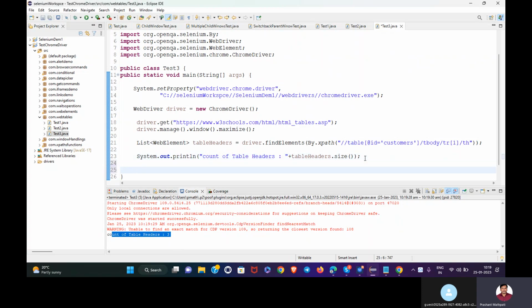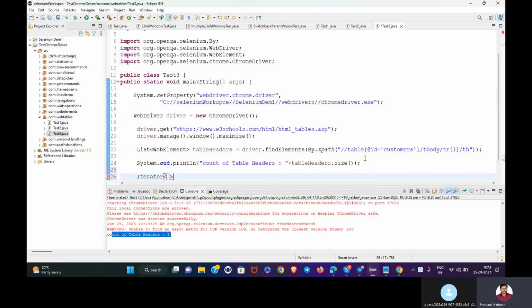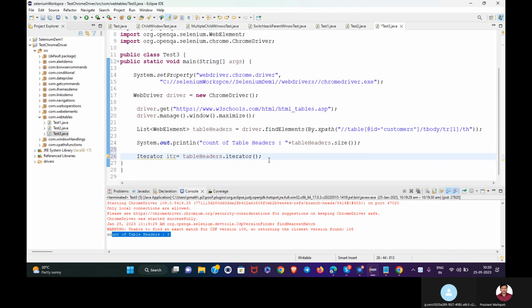If you want to fetch all the details, what I need to do, you can go for an iterator, or you can do for each also. So if you want to iterate, what you need to do, iterator equal to headers. This is a list, right? Need to be called